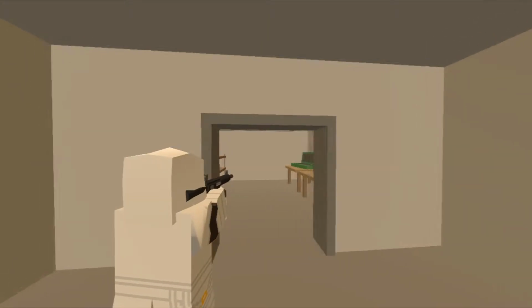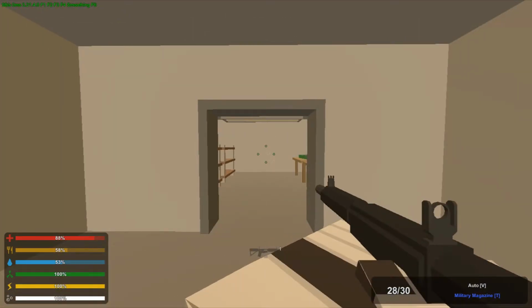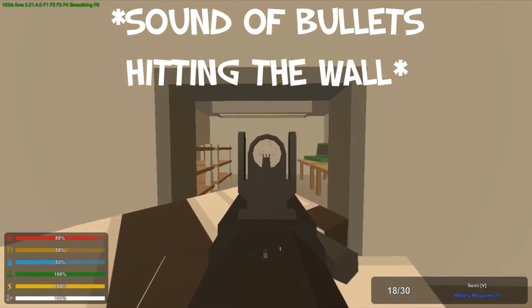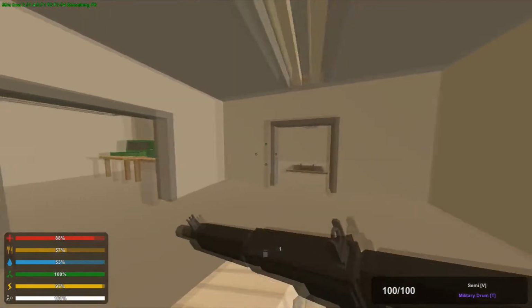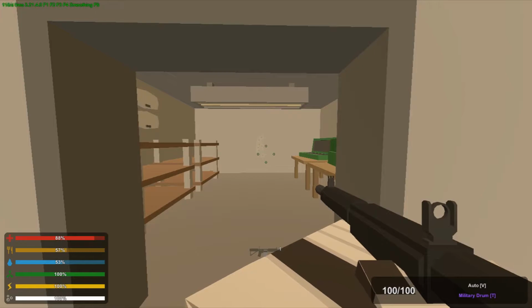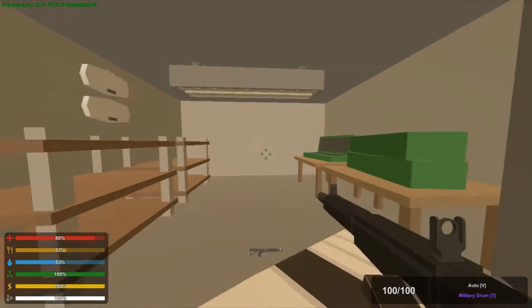But when I shoot this, there's not really a gunshot noise, but as you can see, it has automatic, safety, and semi. Let's just try semi. There's no shooting noise for the Eaglefire, unfortunately. There is automatic mode though, which is really cool, specifically because when you think about it,